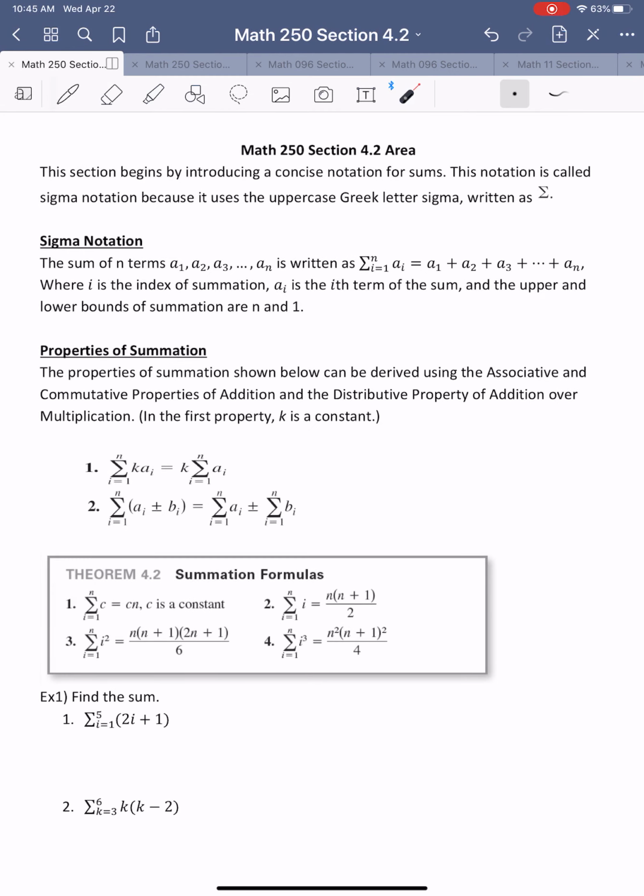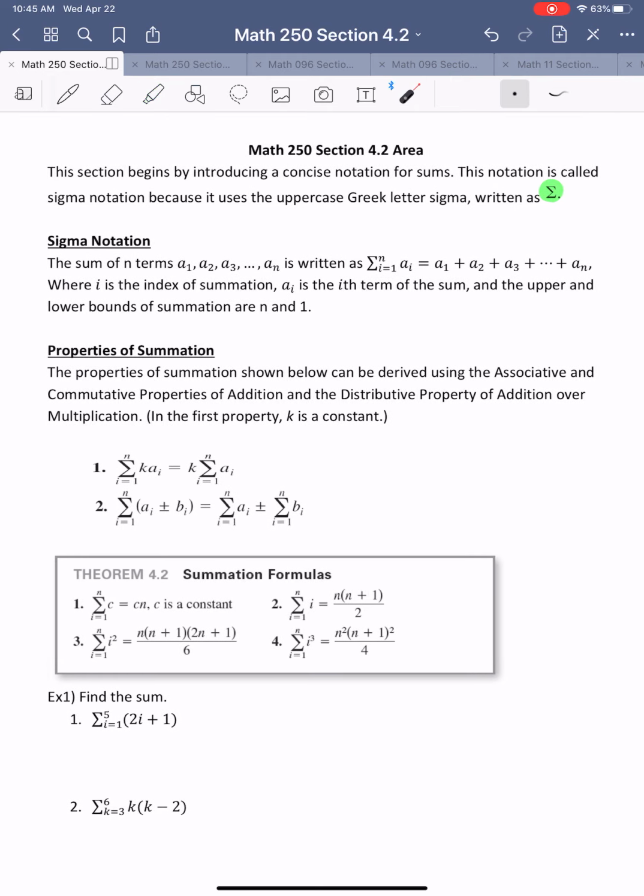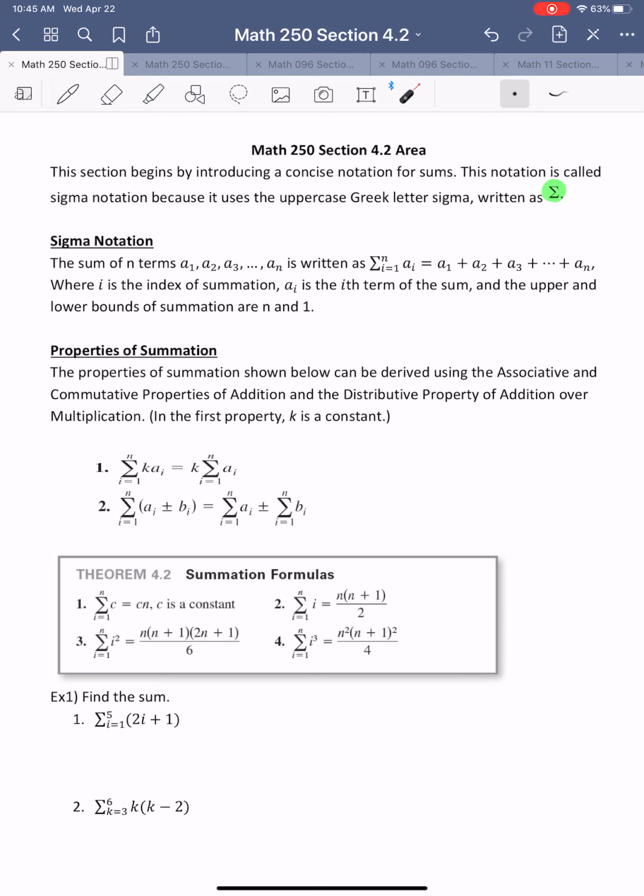Hello, this is section 4.2, area. In this section, we begin by introducing a concise notation for sums. This notation is called sigma notation because it uses the uppercase Greek letter sigma, written as these symbols. The sum of n terms from a sub 1 to a sub n is written as a sigma with i equal to 1